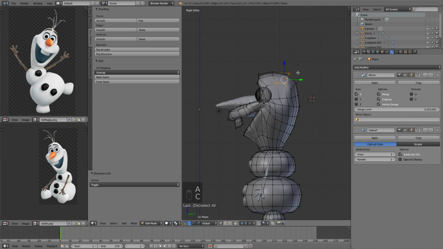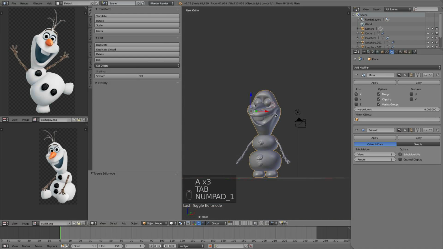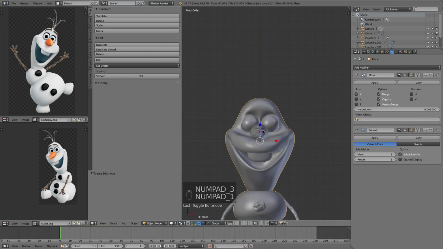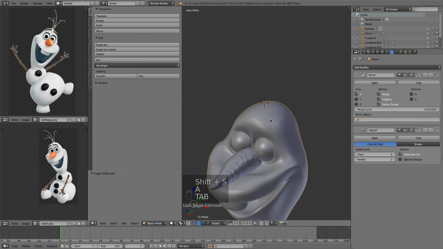But yeah, I'll quickly put those twigs on the top of his head, show you how I did that. And then we'll call it good for the modeling, I guess, and we'll move on to the texturing in the next part. So for the twigs on top, what I did is I just used the sapling add-on. So let's just put our cursor at the top there, Shift S, cursor to selected, and we need to enable